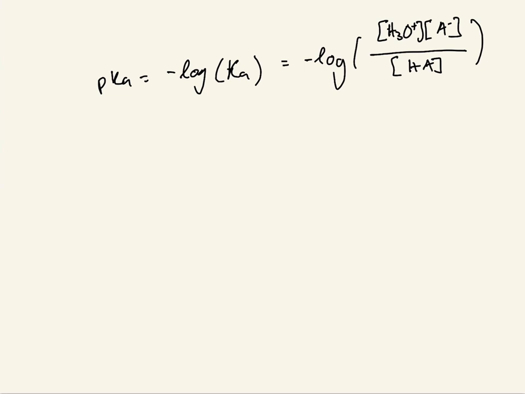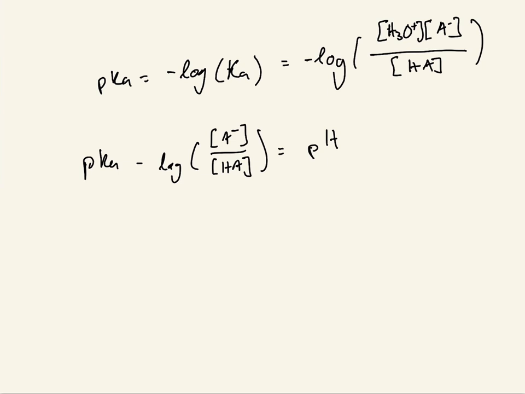And rearranging this and doing some algebra, we could see that the pKa minus the logarithm of the ratio of the protonated versus the deprotonated form is equal to the pH of the